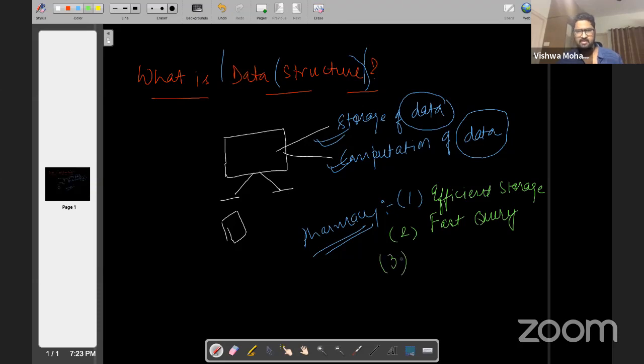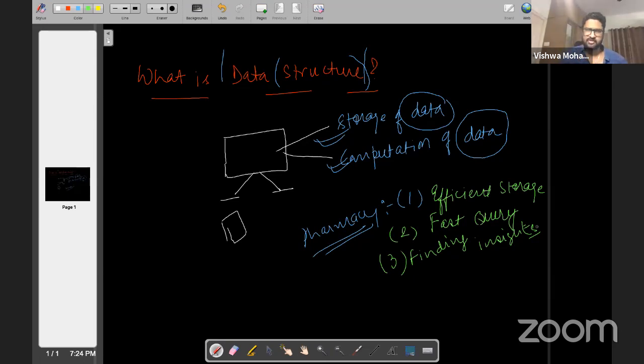The third thing is that since data structures help me structure the data well, I can store it efficiently and query it fast. With this, I can run some kind of analytics on top of this data and try to bring the meaning out of it. Once I have meaning out of this data, I can start making data driven decisions. So it helps in finding insights. This is one of the core reasons.